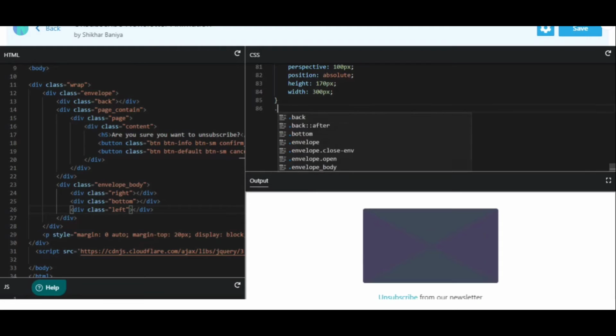Okay, now let's target the page and specify the border radius 4 pixel. Width will be 270 pixel, height will be 148 pixel, position will be absolute, bottom will be 0, left will be 15 pixel. Okay,